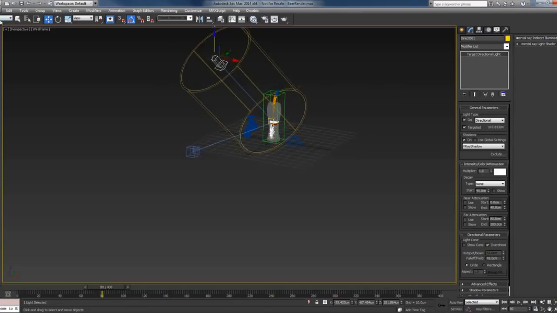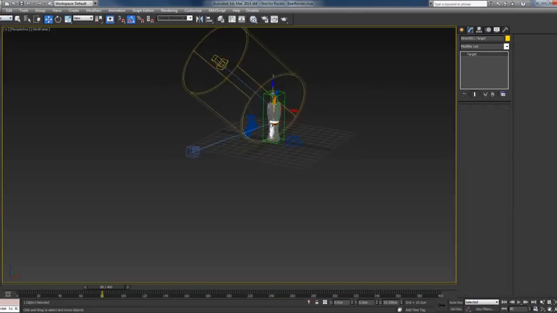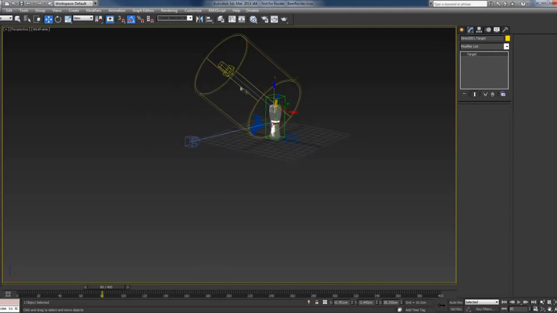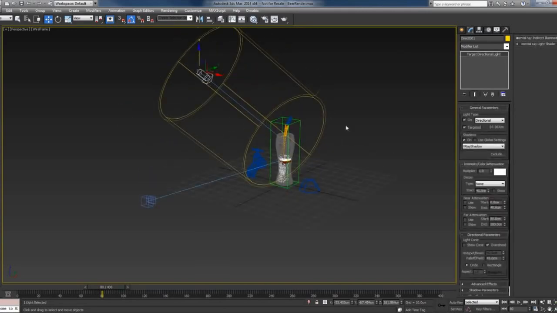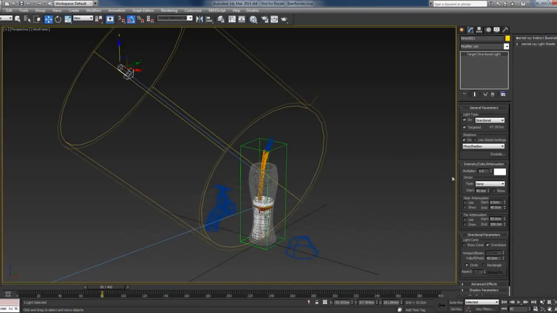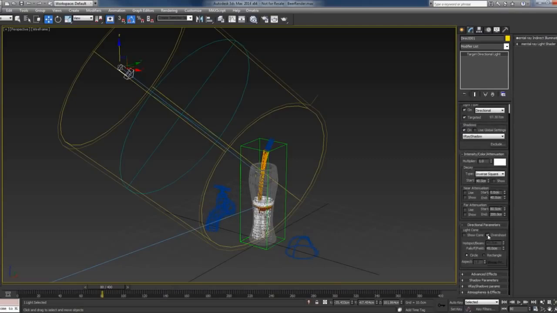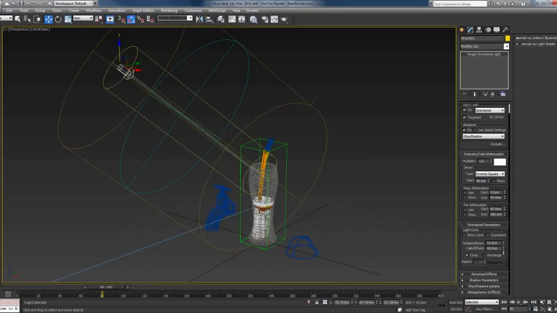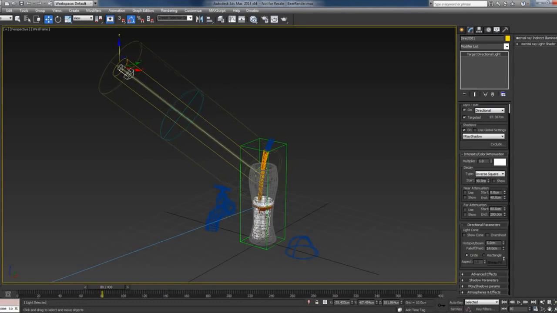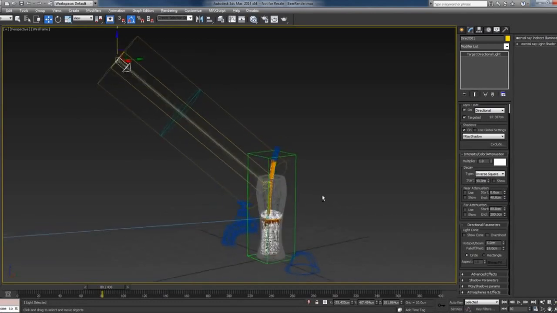Okay, and I'll switch the selection to lights only, and move the target up, and I'll introduce some decay to the lights now, and I'll use the inverse square decay, and I'll also turn off the overshoot and tighten the hotspot, and the falloff also, and yeah,